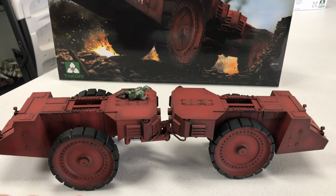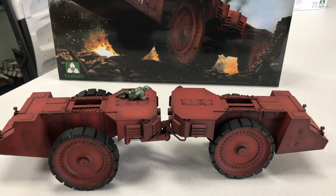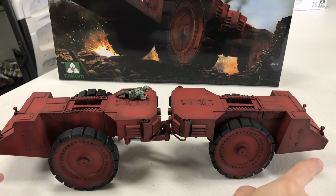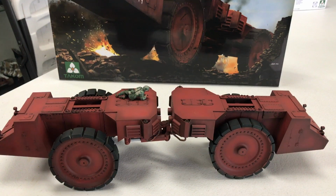Here's our final built model. Went together wonderfully. Like I was telling you, the only problem we had to do any filling was just those two little corner pieces, and it was very, very minor. It only took a couple of minutes just to fill it in. The part count is very low on this kit, so it's something that can be done in just a matter of a couple days. I did go ahead, and hopefully you can see it from here pretty well,